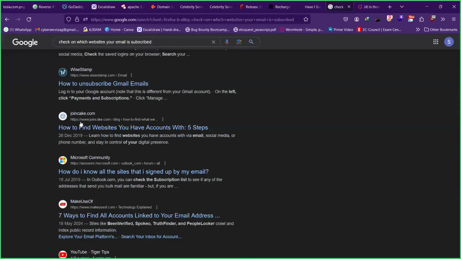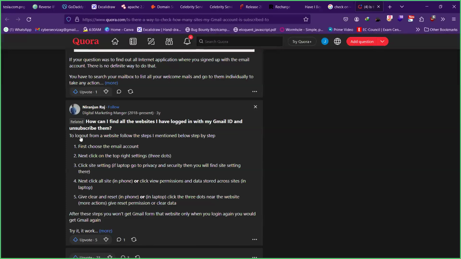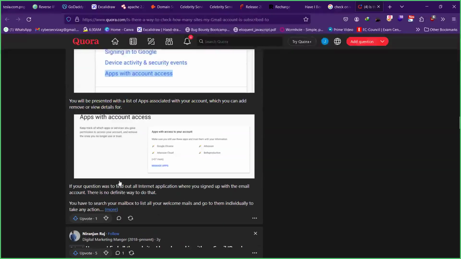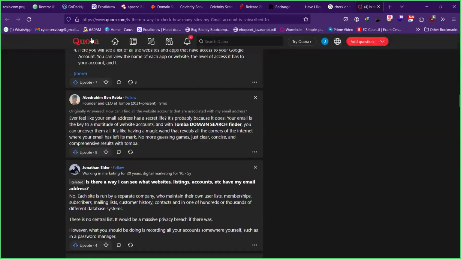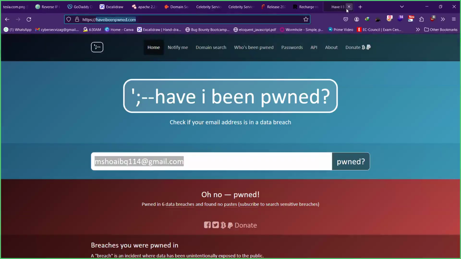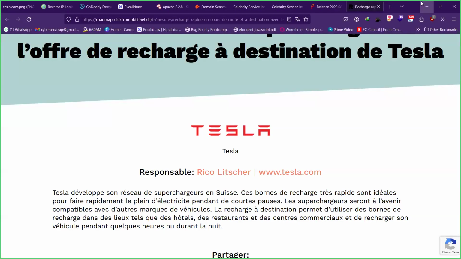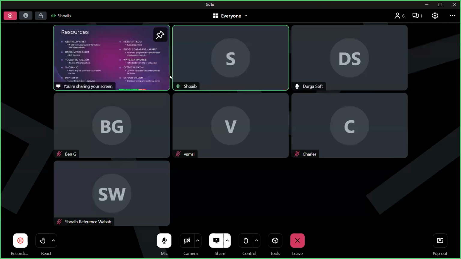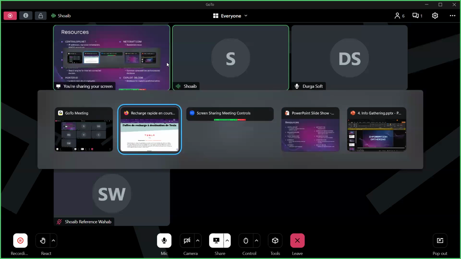And the other one is, as mentioned, from your Google account itself. Find the email on the top right, click on settings, and check where your email has been authorized. There are multiple steps available on Quora. So again, that's one way, guys, to check if your email has been leaked anywhere online, for your personal accounts, for your Gmail accounts also. Okay. Moving forward, after Hunter.io, we have the next website called